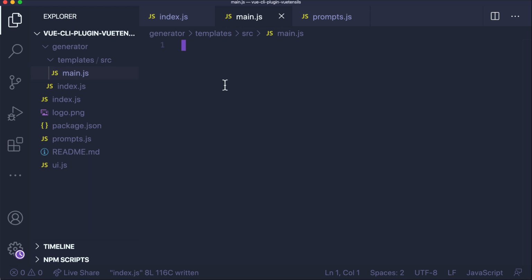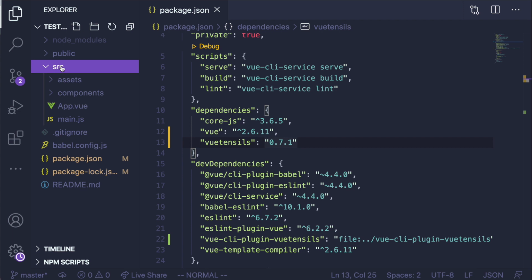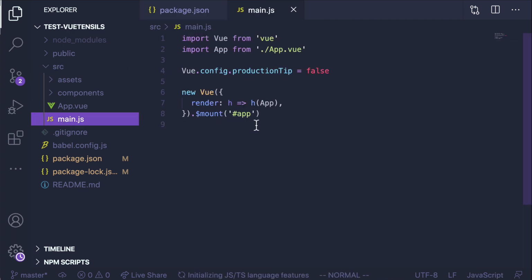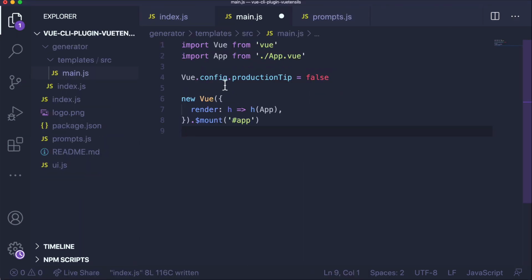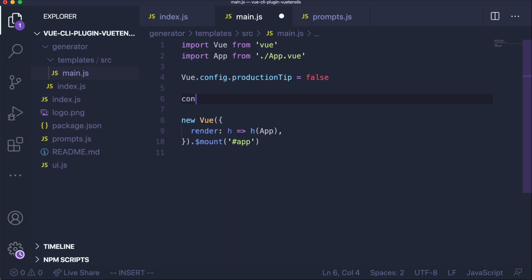Now, I'm not going to read in the particular user's main.js file. What I'm going to do right now is just basically copy paste an already generated main.js file and then update it. So I'm going to take the source/main.js file from the app I just generated, copy that, go back here and paste it in. And I'm just going to change one thing on the file so that we can see that it really updated. I'll put anything here, just like console.log, it says updated. Okay, and now I can go back into my